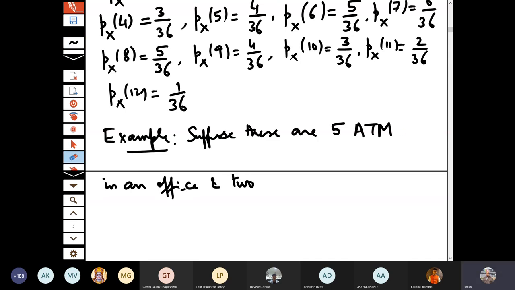I think let us put it straightforwardly. So there are 5 ATMs in an office. For example, if you look at our SBI, if you go outside, there are 5 ATMs there and 2 are working. Okay. So you randomly choose